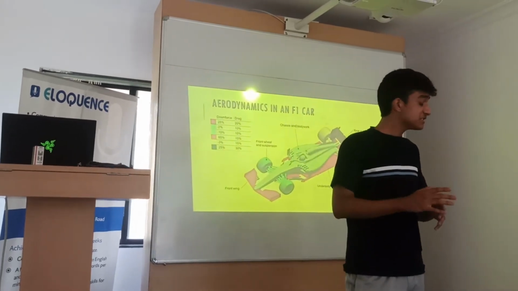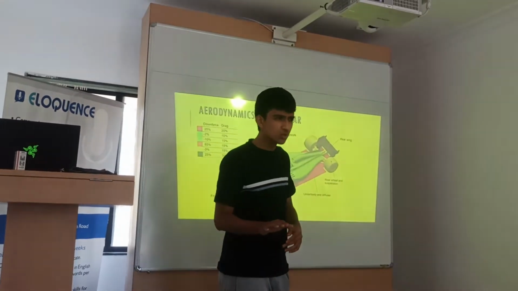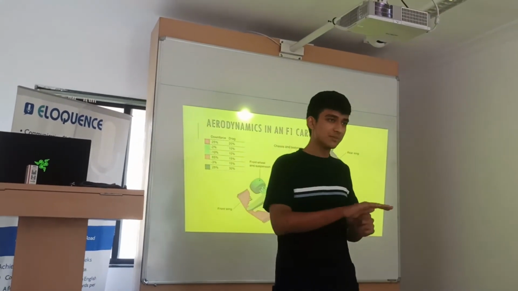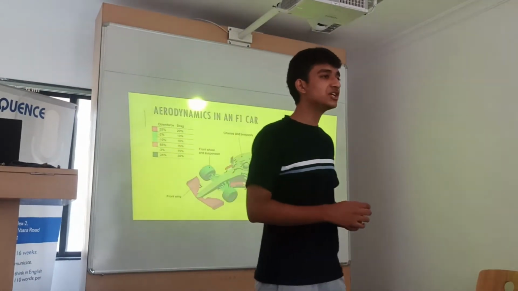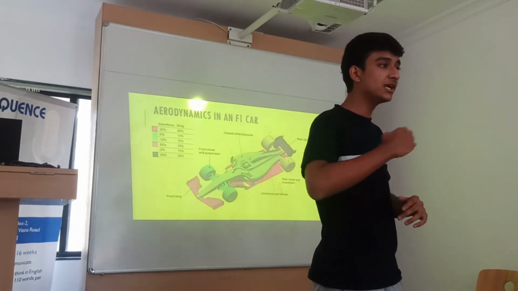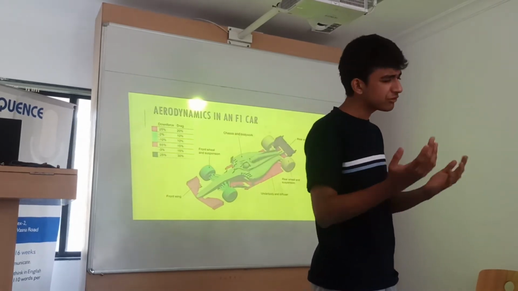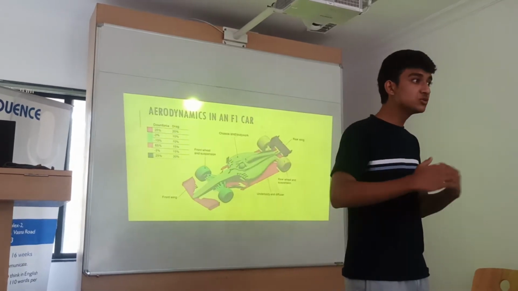The cars have a similar structure. The aero part of the car is the same for all of the 22 cars, I think. It's similar, and the engine is also similar. Because in F2, it is not a competition between the cars. It is a competition between the drivers to see who can make it to F1. Not in F1, but who can be the top of all of these drivers. So if you are in equal machinery, who is winning?